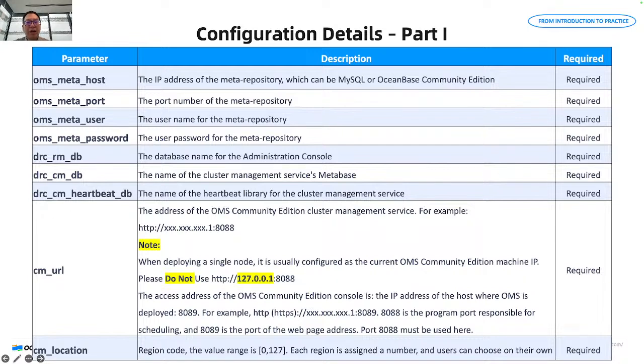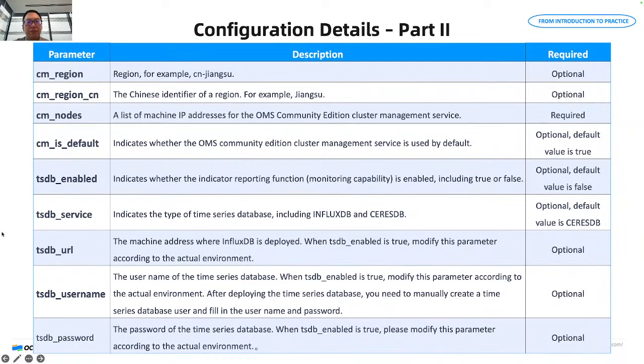Next is CM location. It's the region code you can choose on your own. CM region is to specify the name of the region. CM region CN is to specify the Chinese name of the region. For the CM node parameter, if it's a multi-node deployment, it's the IP address of each component. CM is default parameter is the cluster management service. We can keep the